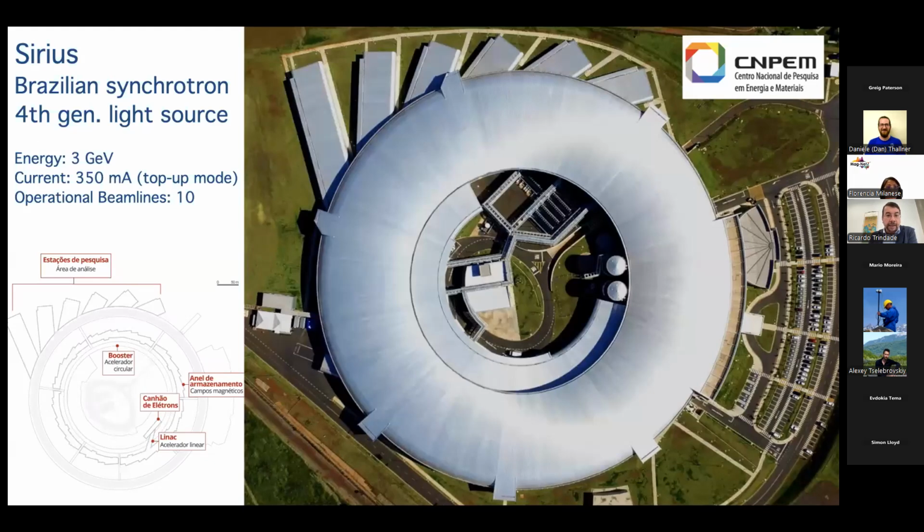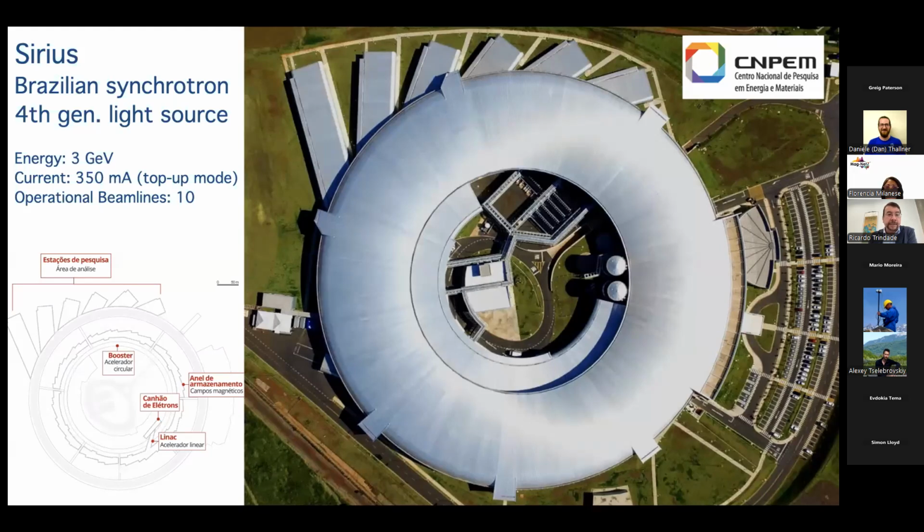We are very lucky here in São Paulo because we have a large synchrotron facility very close to home. It's about 50 kilometers from our university. It's nowadays the brightest light source in the world. It's a 3 giga electron volt source of light